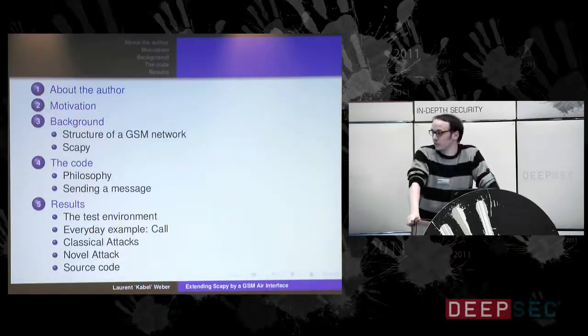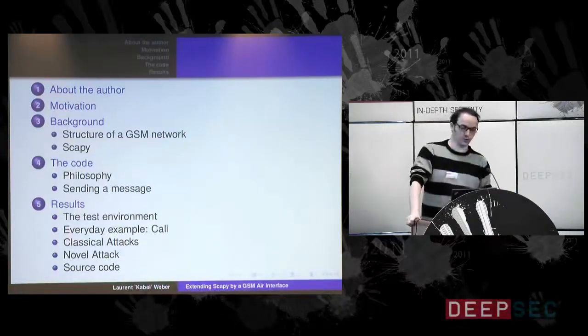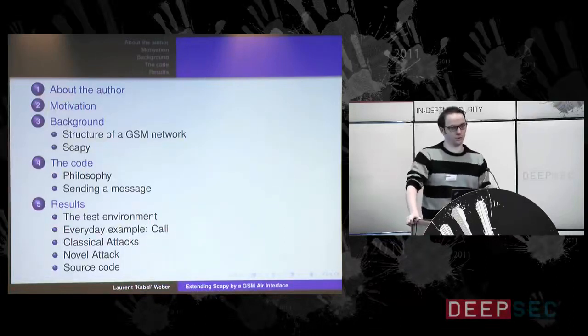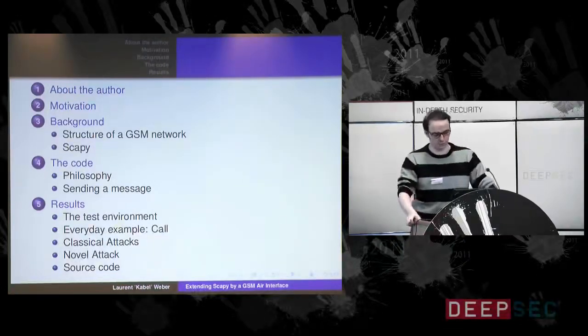I will start with some very basic things like how to perform a call using the tool I wrote, or the add-on I wrote on top of the tool. And since this is not really security related and I'm more into security, I'll also present some attacks.